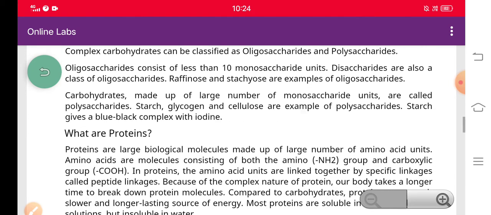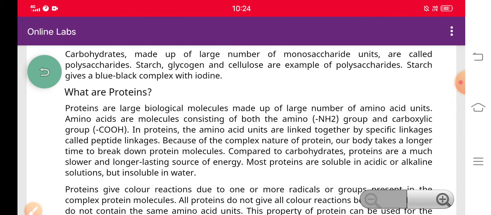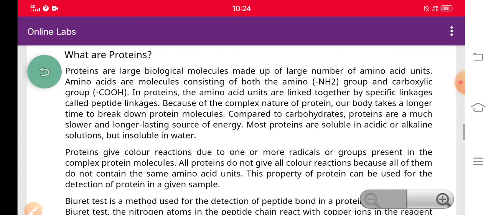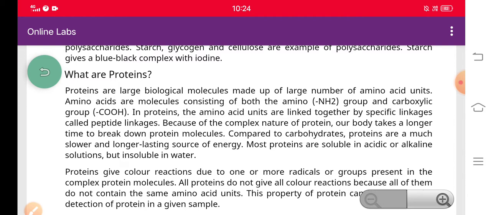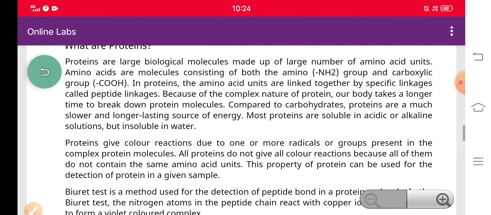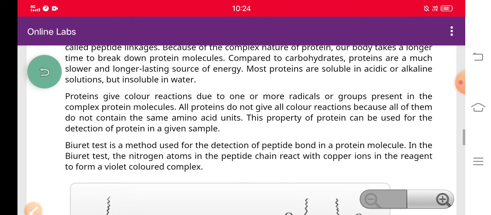Now the second one that we are on, the proteins. What are proteins? They are the building block elements of our body, which help in the growth of cells and their development, and also help in protein synthesis. They are long polypeptide chains of amino acids, with 20 amino acids combined with each other with polypeptide bonds to form the compound, that is the protein.